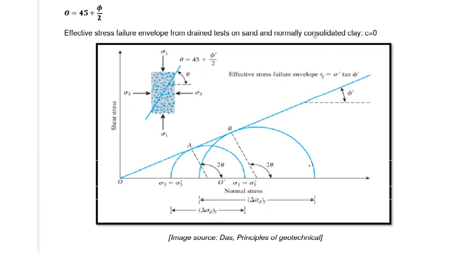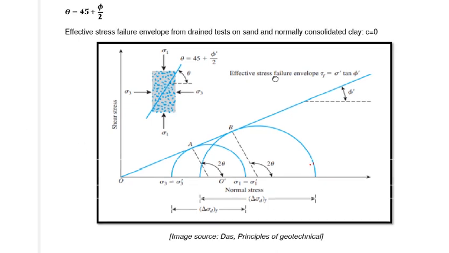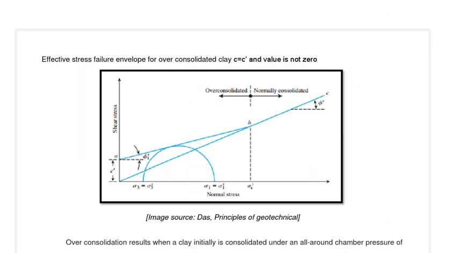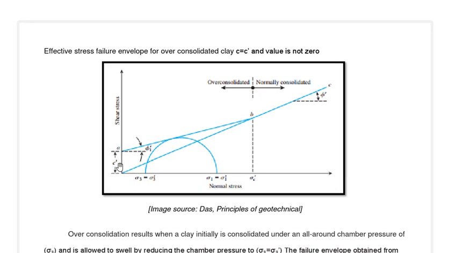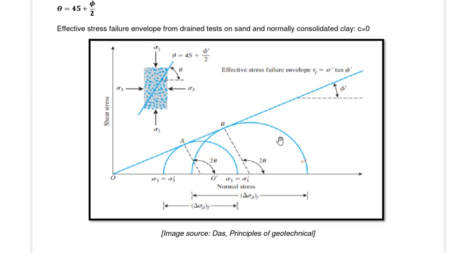Pag hindi normally consolidated clay yung clay natin, yung cohesion natin is not 0. So, meron tayong value ng cohesion pag hindi normally consolidated yung ating clay. So, yan. Pag overconsolidated, meron tayong value na cohesion dito sa ating y-axis. So, during the consolidation of the Mohr circles, again,